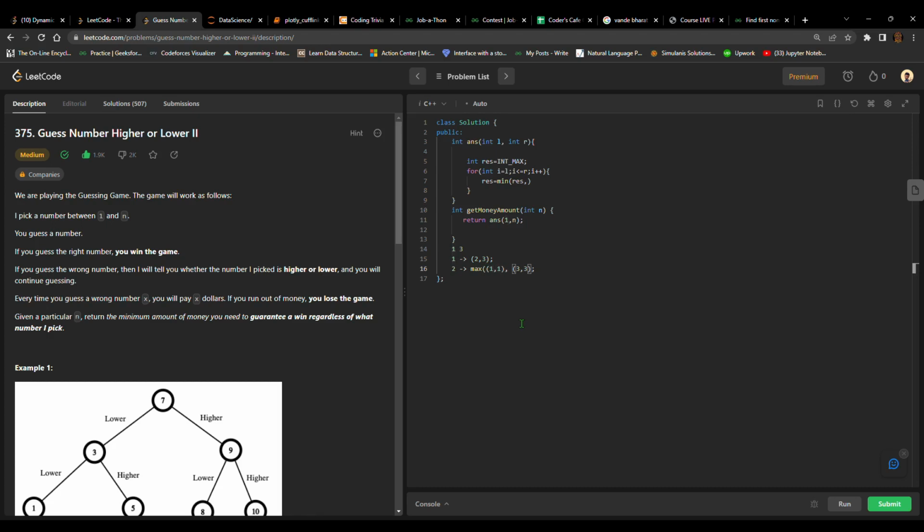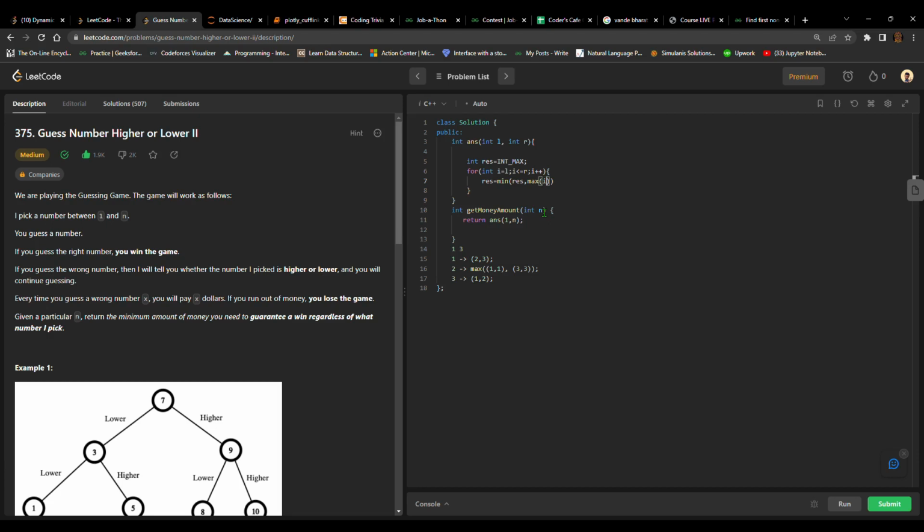Hence, and for 3, if I guess 3, then I would only be getting a single range that would be 1 up till 2. So choosing a number is in my hands, and what is in my hands, I would say that would be minimum. What is in my hands would always be chosen the minimum value, and what is not in my hand, that is the worst case, that would lead to the maximum of